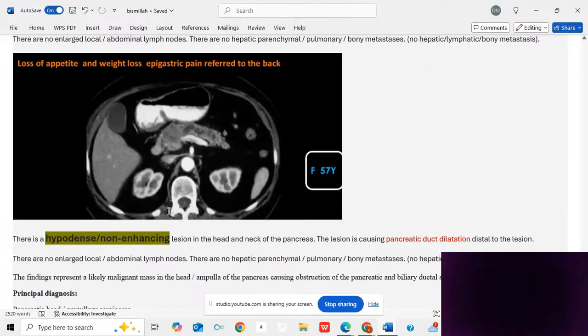So you need to remember that if you find a pancreatic cancer, to whom will you refer the patient? To a hepatobiliary MDT. Okay,